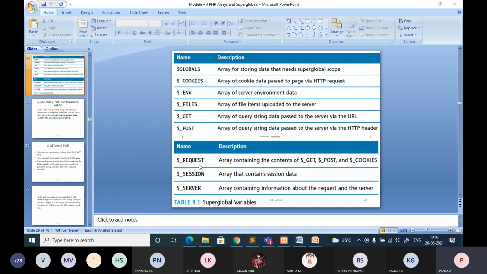Two more super global variables: I'll go with $_REQUEST and also $_SERVER today. GET and POST are done, and the remaining ones we'll discuss in the next class. We are going to discuss all this, and $GLOBALS is mainly used for declaring variables globally, and you can access them anywhere within the program. You can also try that. But today I'll be covering mainly request and server. Anyhow, I have already done GET and POST with code. In case you have missed it, just go back and check it.